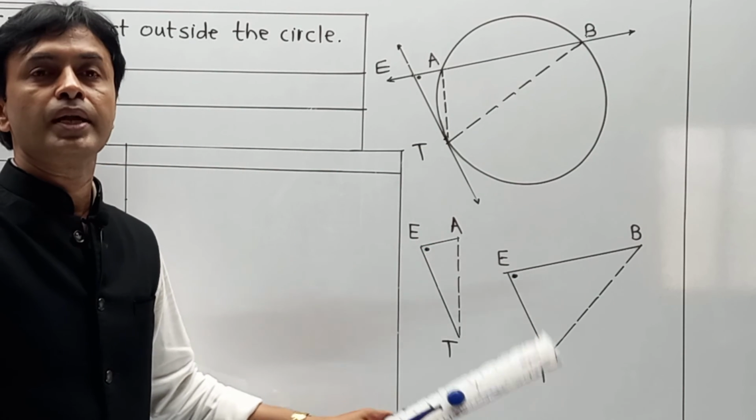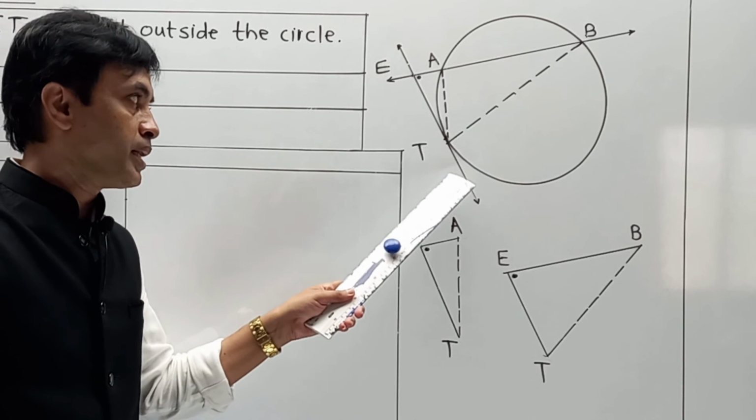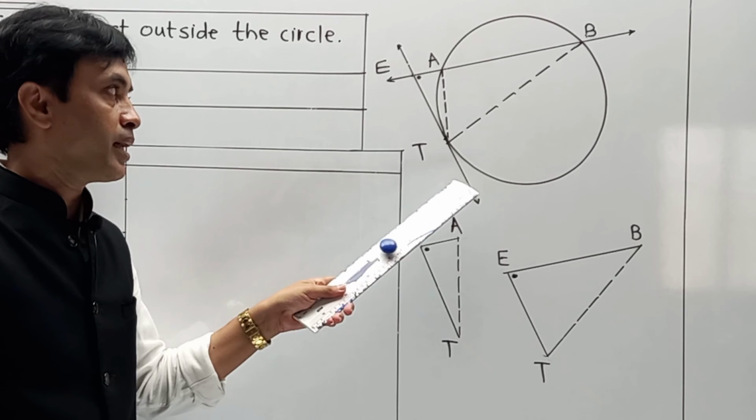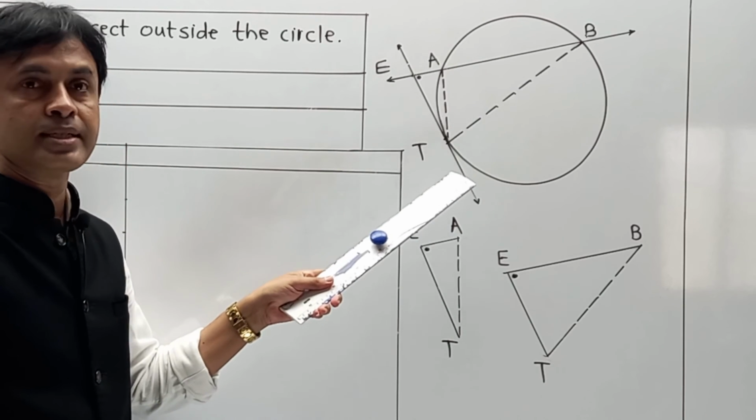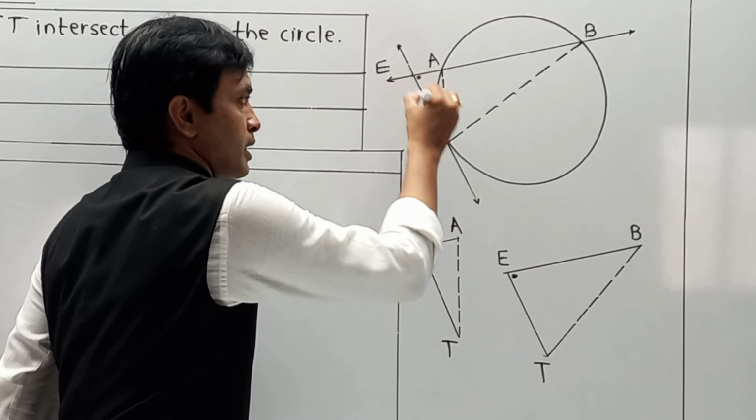Because this is nothing but a common angle or same angle. Now the second part is most important. Remember, ET is a tangent and AT is a chord over here, or secant you can say. So angle ETA